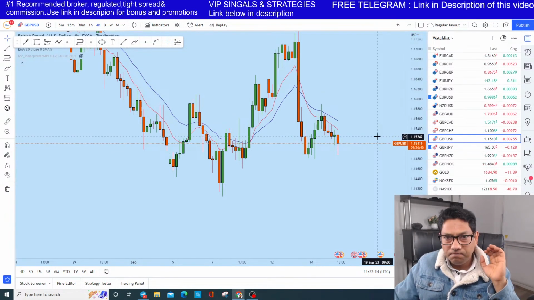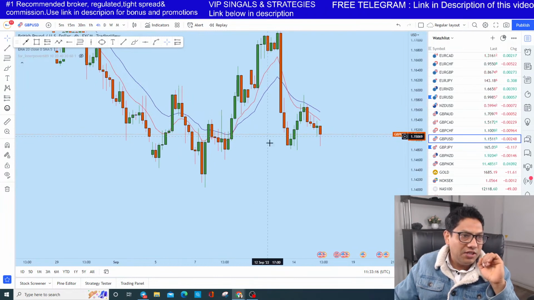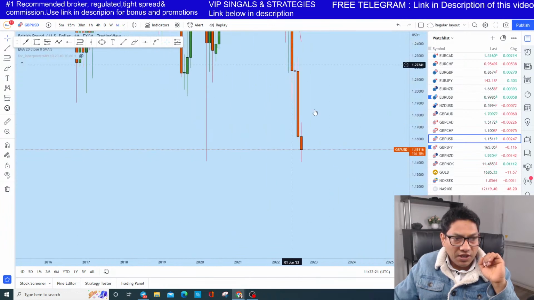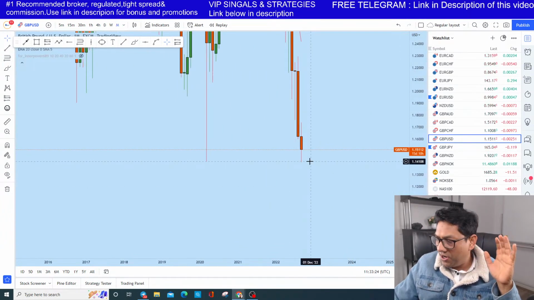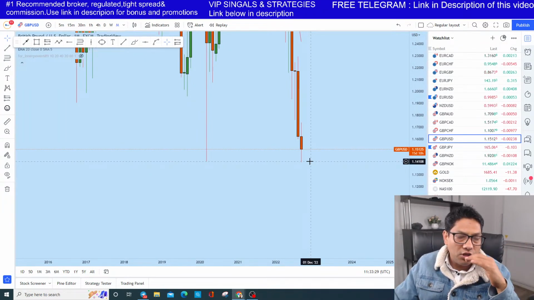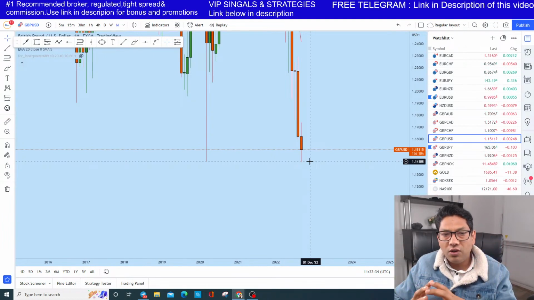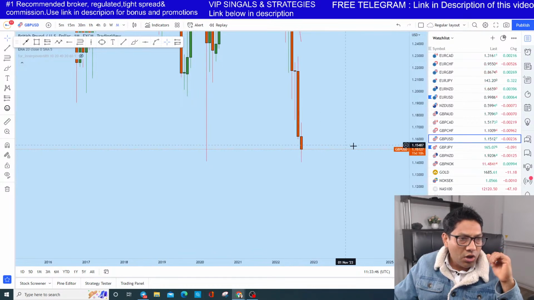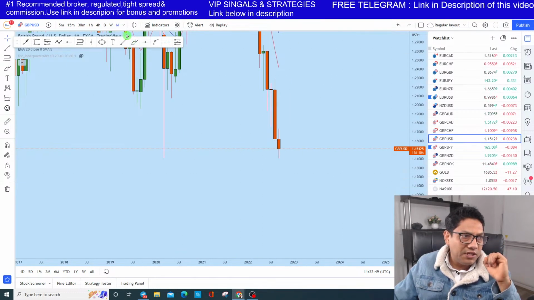Now how did I predict this market that way? The reason is the long-term trend. You see that on British pound US dollar it is bearish. Always look at the bigger picture. Long-term trend is the most important thing that you need to look at when you are trading. Keep in mind, trend is your friend all the time. Long-term trend is always dominant in the market in whatever situation you are trading. On British pound US dollar we have seen a bearish long-term trend.